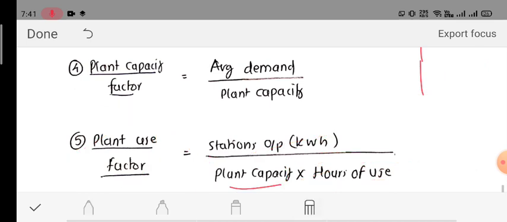Okay, so these are some important basics. Revise them on a regular basis, so that you will be in a position to solve the numericals. We will continue this lecture in the next part so that we can solve 2 to 3 types of numericals in coming lectures. Okay, thank you.